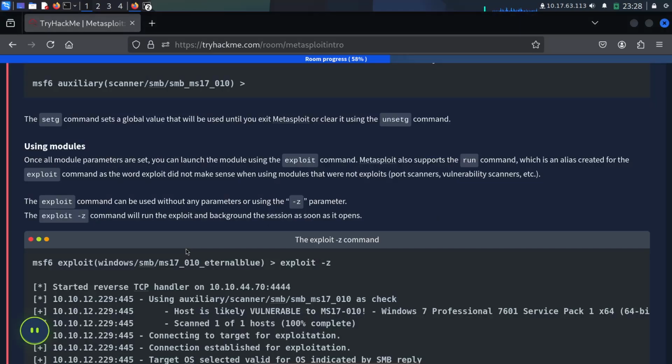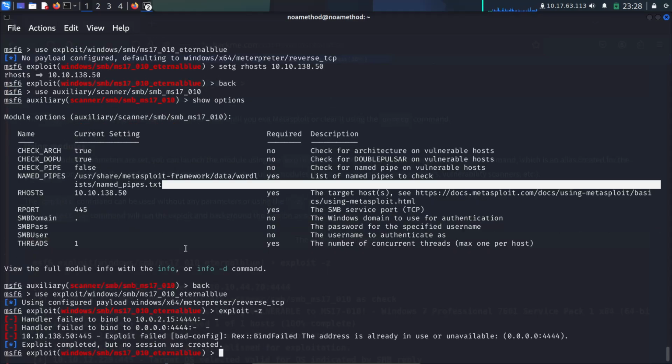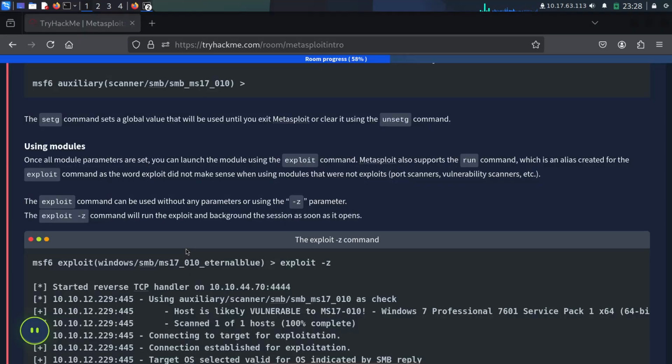Yes, and then we can exploit. Invalid data, exploit completed, but no session was created.